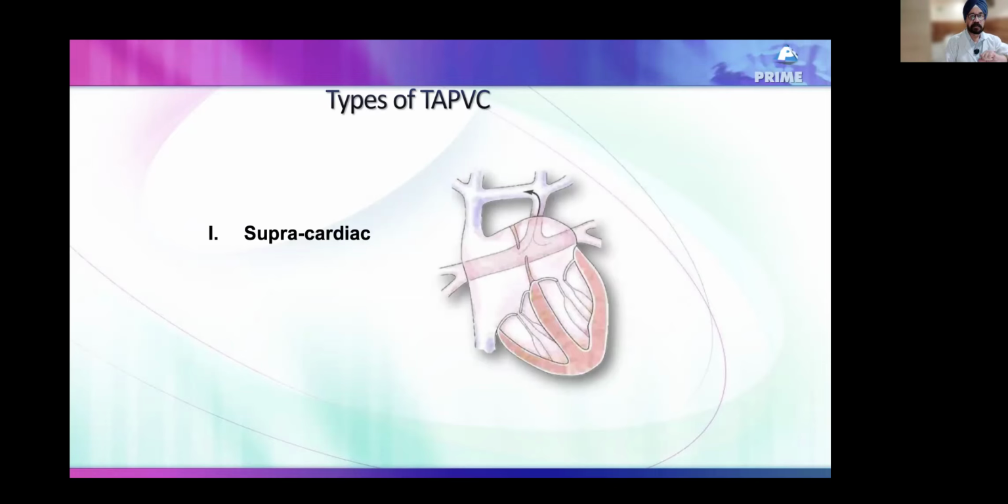So TAPVC is divided into three. What is TAPVC? Total anomalous pulmonary venous connection. We prefer TAPVD, that is drainage. Okay, there could be a connection, but they may not be draining there, but that's too uncommon, too rare. But once you are correcting your nomenclature, it should be drainage. So now once we talk about drainage, then